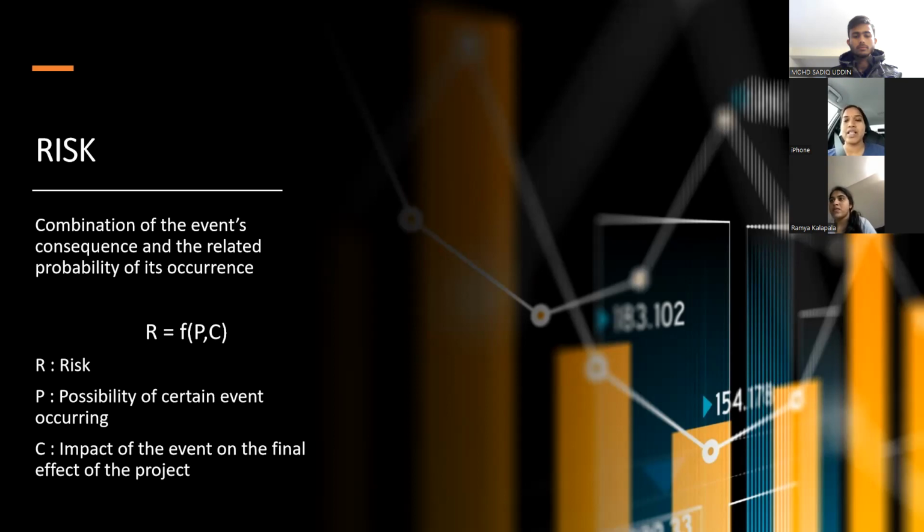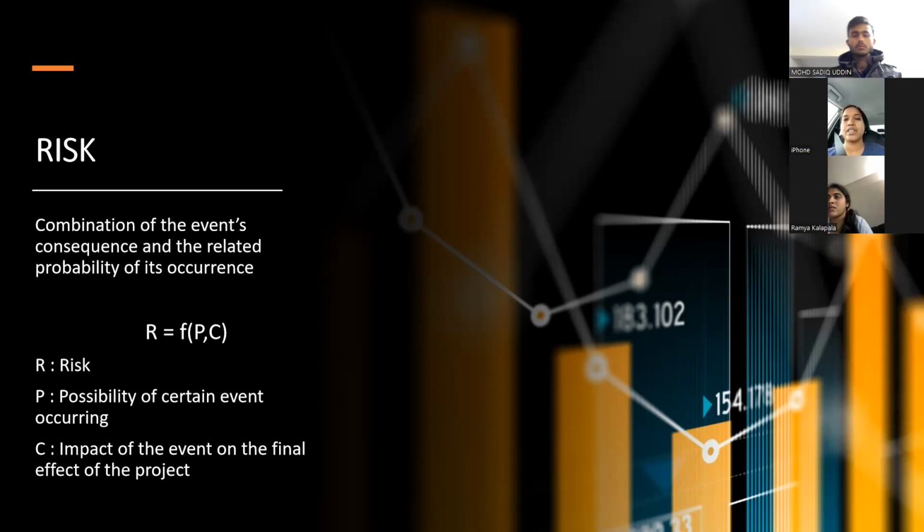These strategies are based on standards, including ISO 31000:2012 risk management principles and guidelines, while the approaches to risk are based on the concepts of the Project Management Institute, PRINCE2, and the Institute of Civil Engineering. According to the ISO standard, risk can be seen as a mix of the event's consequences and the associated probability of occurrence.